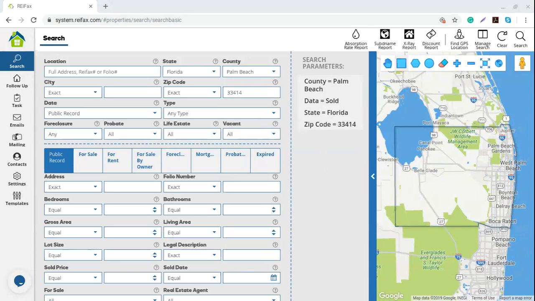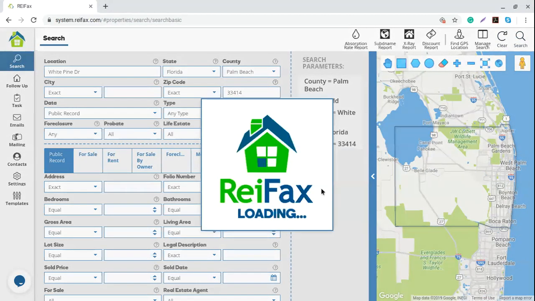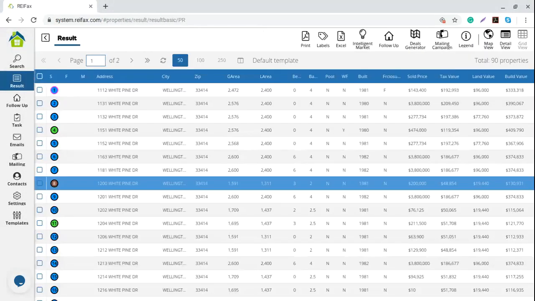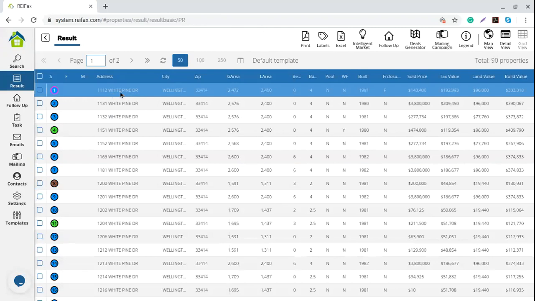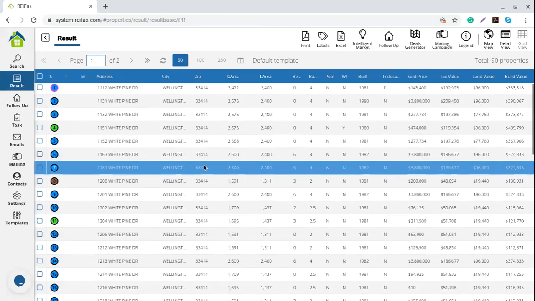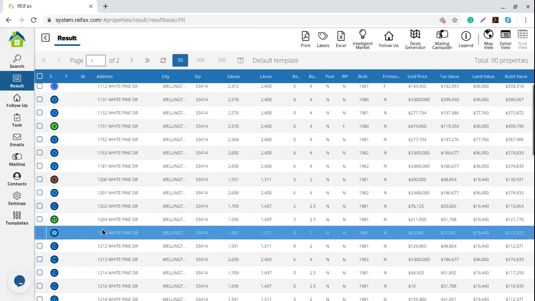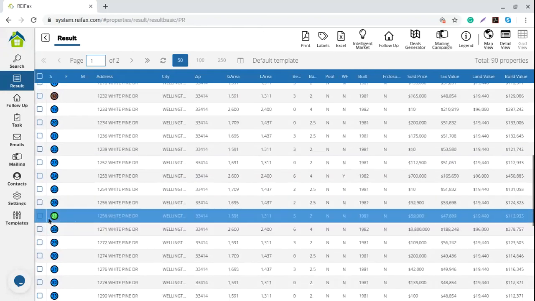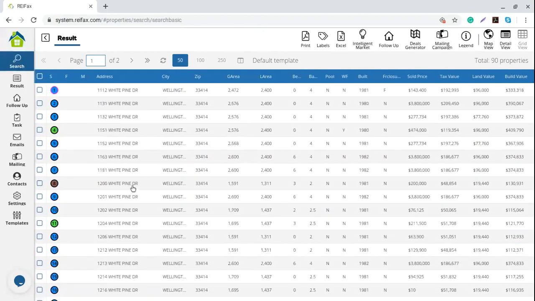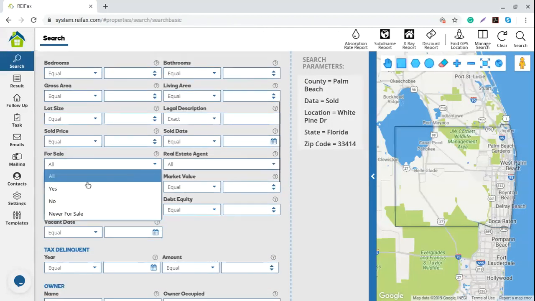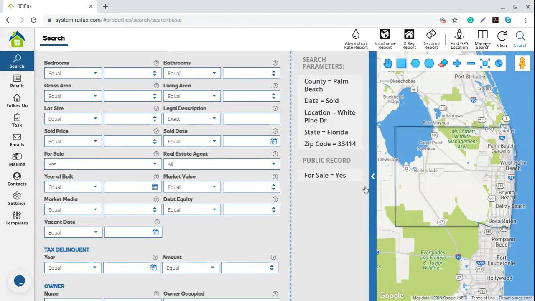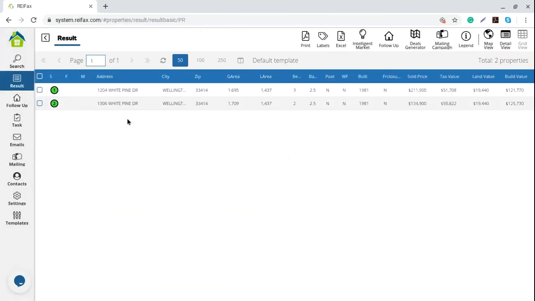Okay. Let me try to find it with maybe only this information that you just let me know, okay? So this will locate that location. But again, the system is looking for all the Wine Pen Drive, okay, in Wellington in that zip code. One of these should be the address that you need. You just need to know the number of the address correctly. So if it's for sale, it should be one of the green ones. We can actually narrow for the properties to be for sale. Yes. Let's see now only the green ones because you told me that it's listed. So I have these two on the system. I don't know if one of those is the one that you